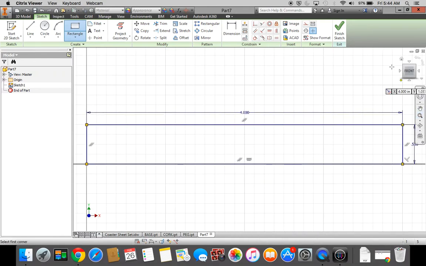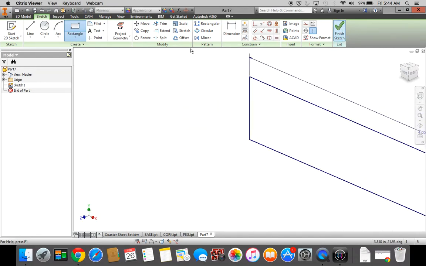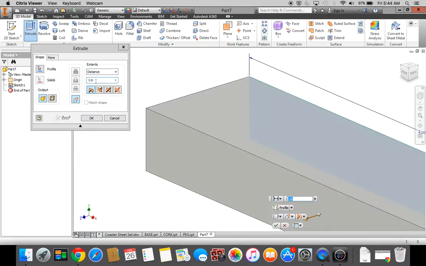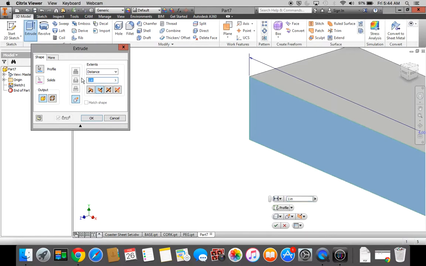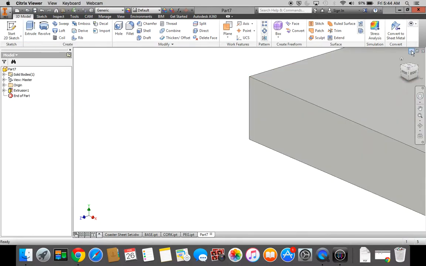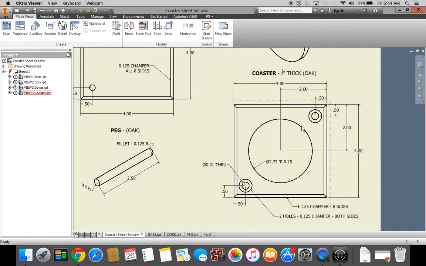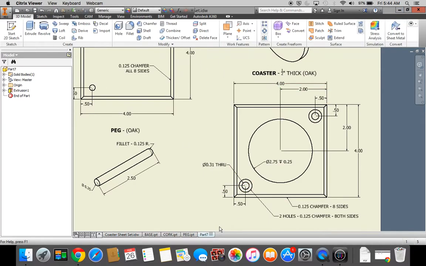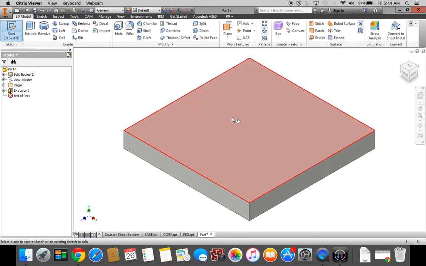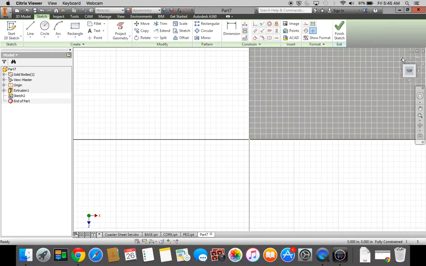Zoom all, finish sketch. I'm going to extrude. I'm going to extrude at direction 2 for a distance of 4 inches. Go home. Next, if we take a look at our sheet, we have 2 holes, one in opposite corners. Let's create those. Going back to my drawing, 2D sketch, place it on the top view,